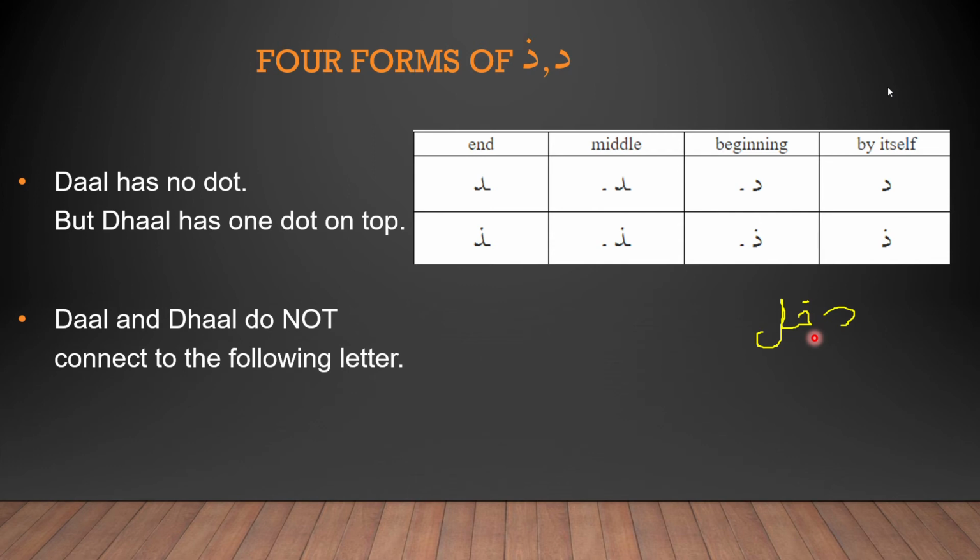We have already learned about this in the case of alif, right? We saw that alif doesn't go with the following letter. There's always a little bit of space between them. Similarly, dal also has a space. Alif can connect with the letter before it. Dal can also connect with the letter before it. But alif and dal cannot connect with the letter after it. They are one of the 6 letters that do not connect with the letter after it. I hope this is clear to you.